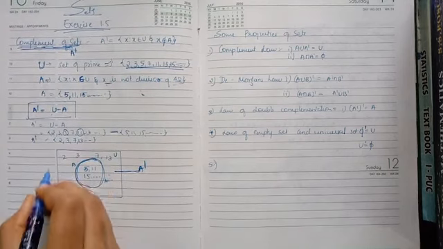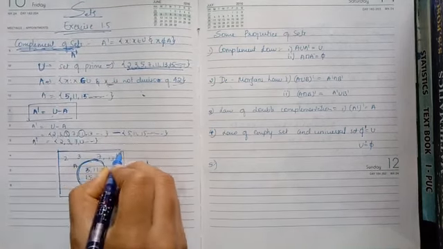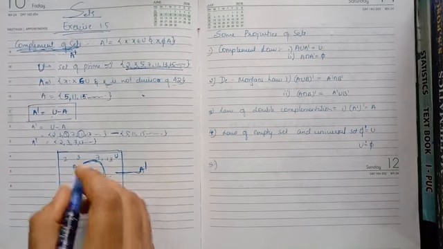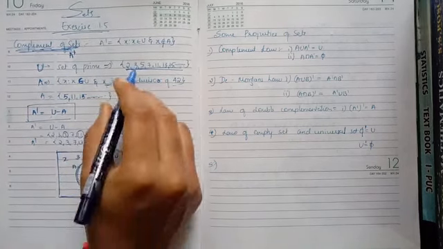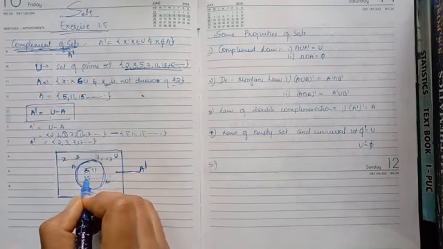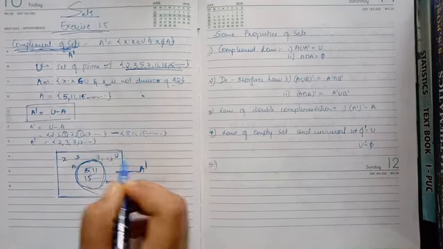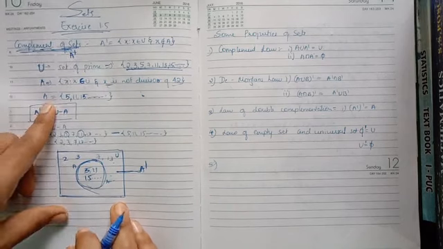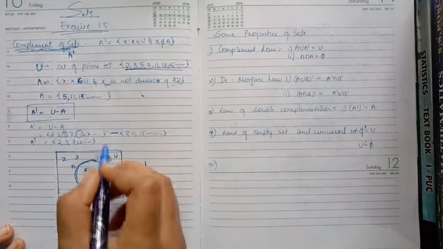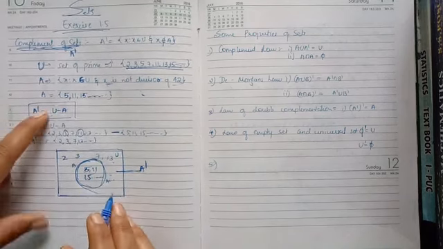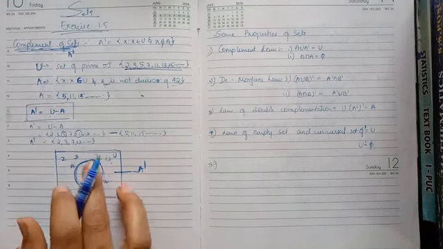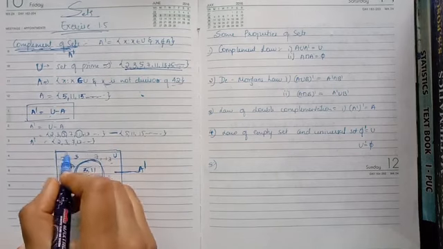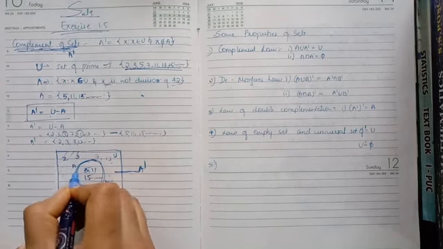Now in Venn diagrams we will see this. Here is the universal set. What terms does the universal set contain? 2, 3, 5, 11, 15, 7, 13, and so on. What does set A contain? 5, 11, 15, and so on. We have to subtract set A from U. So set A is subtracted, and what is the remaining part? It is A dash.